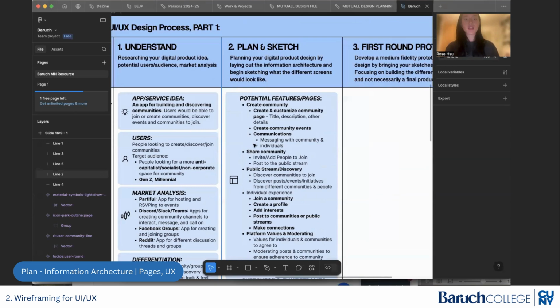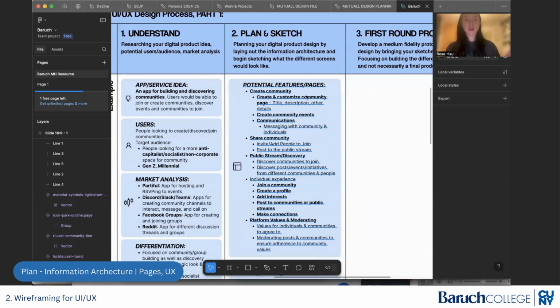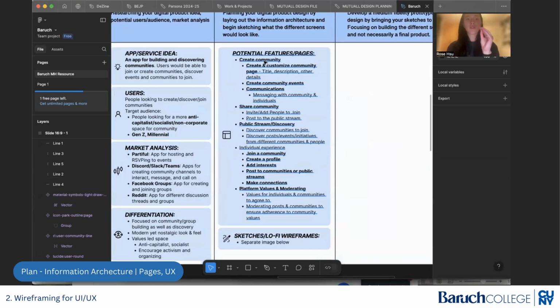And then planning and sketching, I broke it out so the first part is just listing out potential features and pages. So I have create community, where people can begin creating their community page. I want them to be able to create and add events and also be able to message within the community and also within individuals. Sharing community,